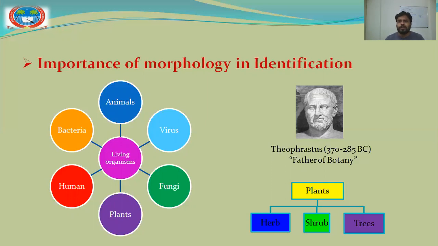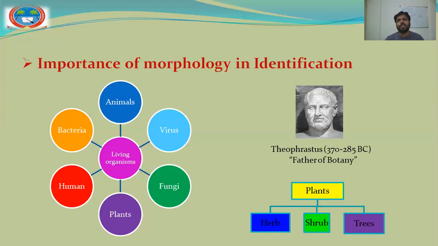Now, what are the shrubs? Shrubs have a somewhat woody, tough stem, and the branching pattern starts just above the soil surface, due to which these plants appear as a bush, and that's why this nature is called the shrub. While trees have a very strong woody or tough stem. It grows to certain meters. So that is the characteristic of the trees. The branching pattern is also extensive. So these are the characteristics of the trees.